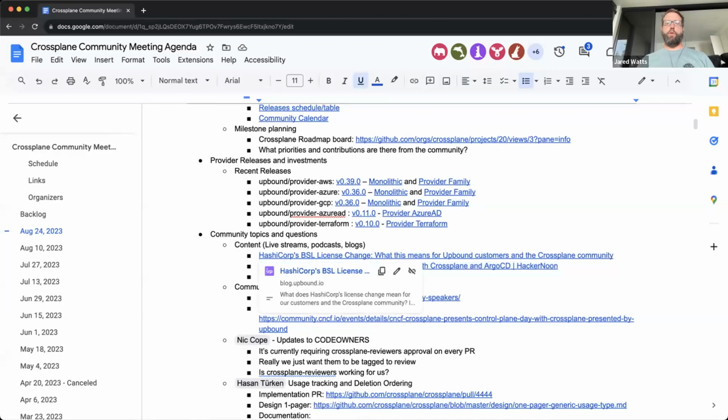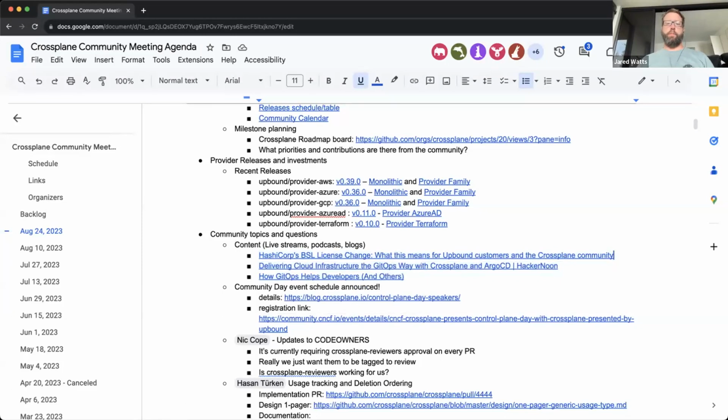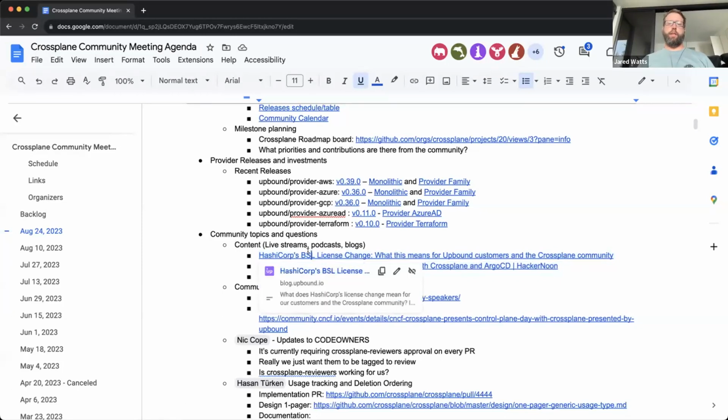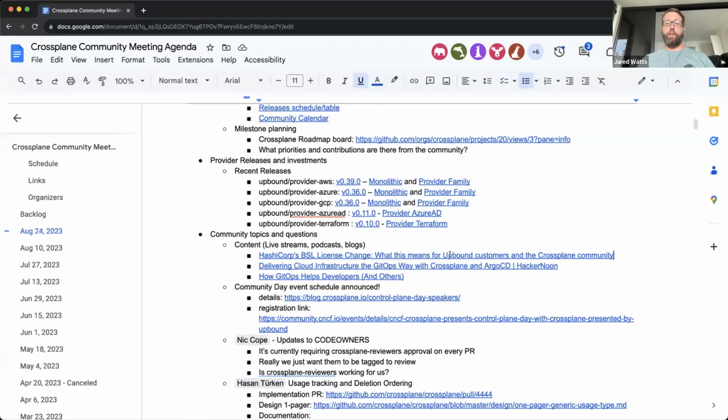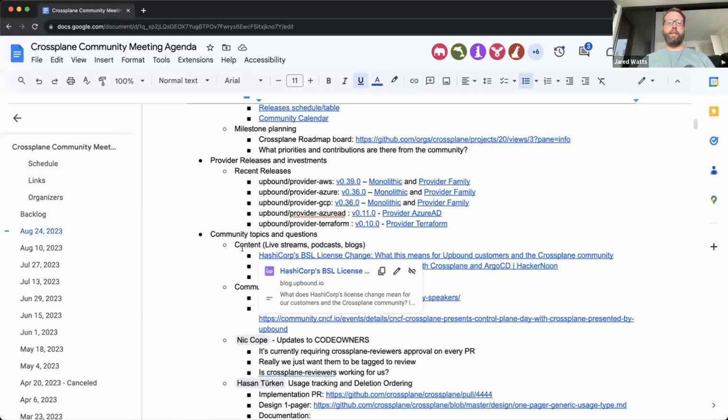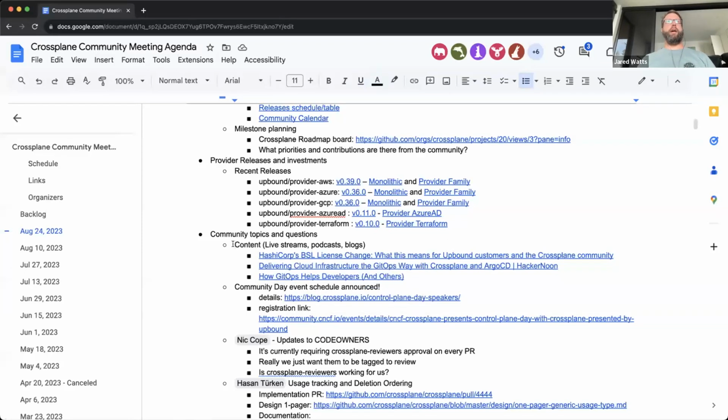And then I know a lot of folks have already seen this, but it's worth calling out as well, is that we made a blog post here about what HashiCorp's BSL license change, the impact it may have for the Crossplane project. So you can read the details about it in that blog post. And the TLDR of it is that we're not considering ourselves impacted directly right now for a couple of reasons.